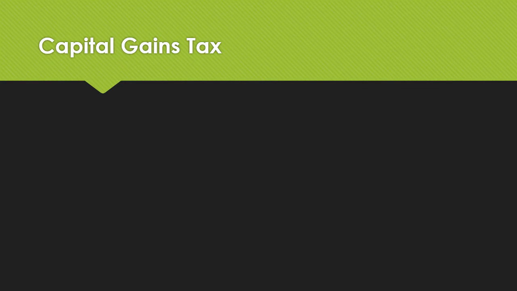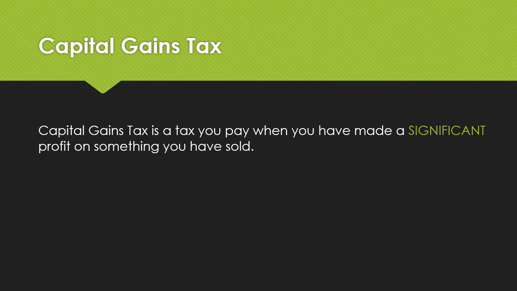So, first one, capital gains tax. This is for when you buy something and then at some point later on you sell it for a profit. If you have made a significant gain, then you'll be due tax to the government. Things like if you sell an old phone to your friend and you get £50 or £100 for it, that's not going to be a significant gain, so you wouldn't have to pay tax on that. You get to keep all of that.